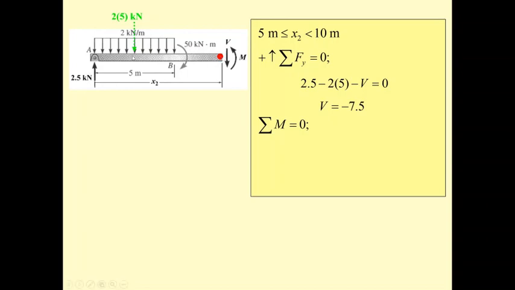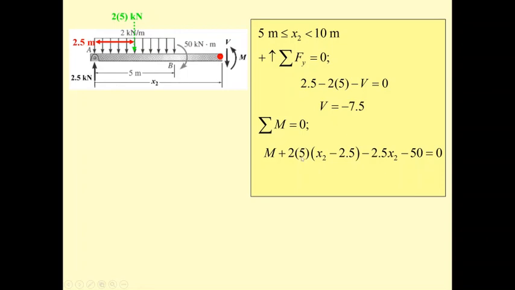And how long is this? The length between this is going to be x2 minus this. This portion is going to be half of 5 meters. Okay, and then the moment is going to rotate in the same direction as M, so M plus, this is the red